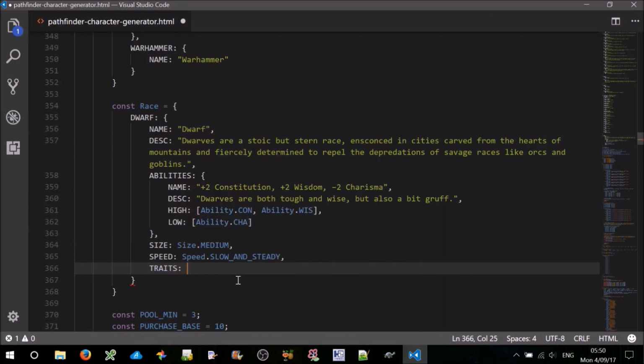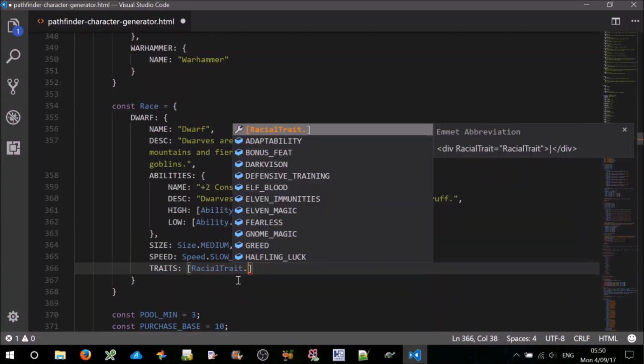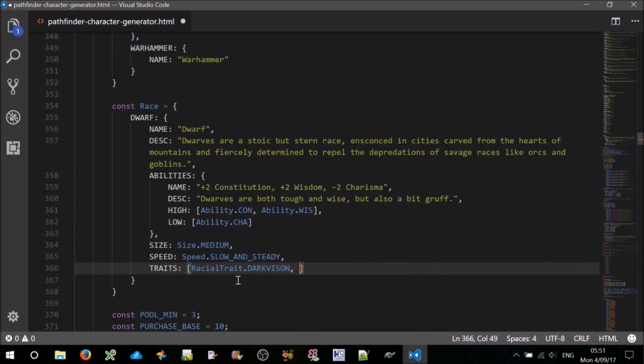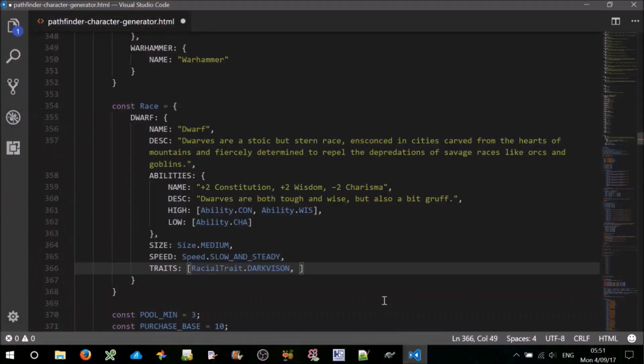Traits, darkvision, so an array, racial trait, darkvision. I forgot already, defensive training, greed, just copy that, defensive training, greed,